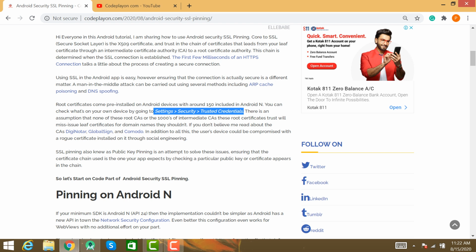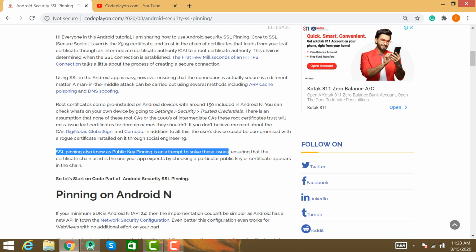You can find whether your application certificate is trusted or not. SSL pinning is also a public key pinning, an attempt to solve the issue of SSL security of your mobile APIs.